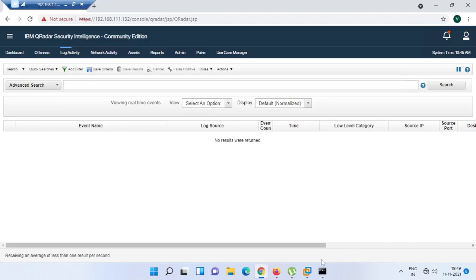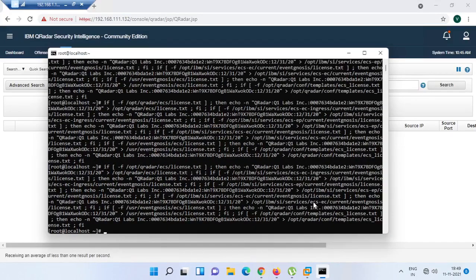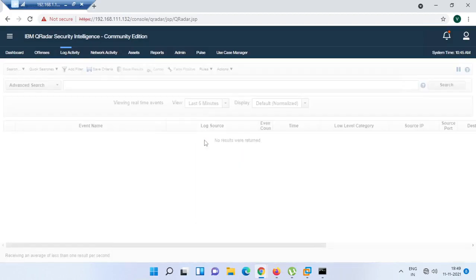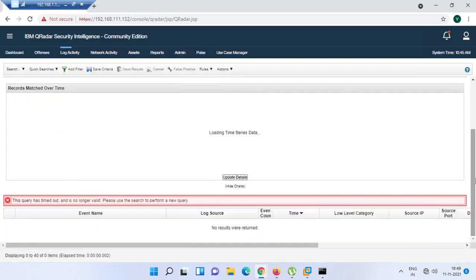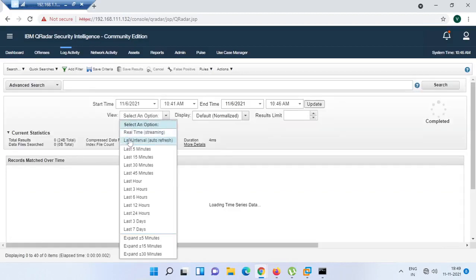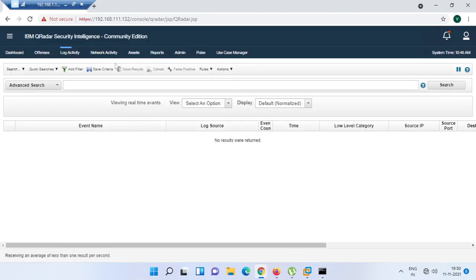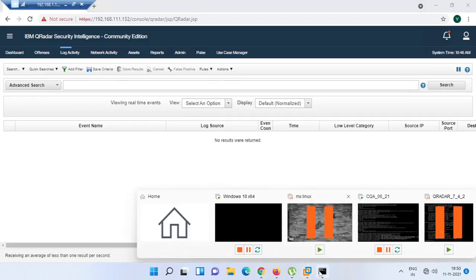I think it's not working because of, but it should work basically. Query assumes is long, so please use a search to perform in your query. Please use a search to perform in your query. Logs are coming. Please use search to perform in your query. I think it requires some restart. It's not properly reset. No worries.